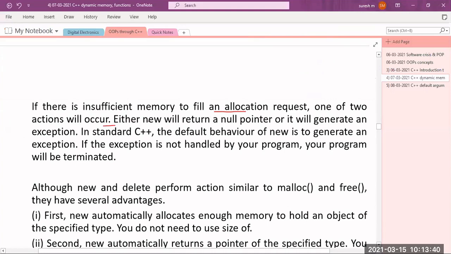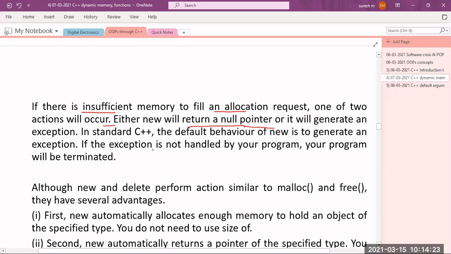Suppose a memory request comes, like a variable needing 2 bytes to be allocated, but there is insufficient memory, then either it will return a null pointer or it will generate an exception. So if the memory is already completely full and again I try to request allocating memory for a variable, then either a null pointer will be returned, or it will generate an exception called memory full.